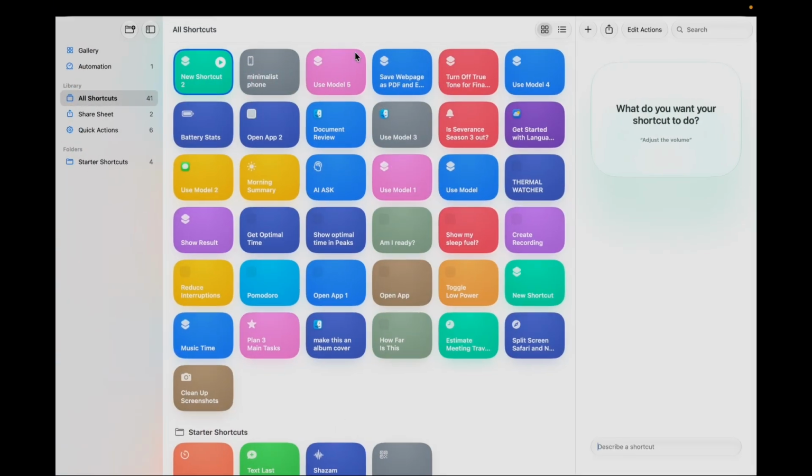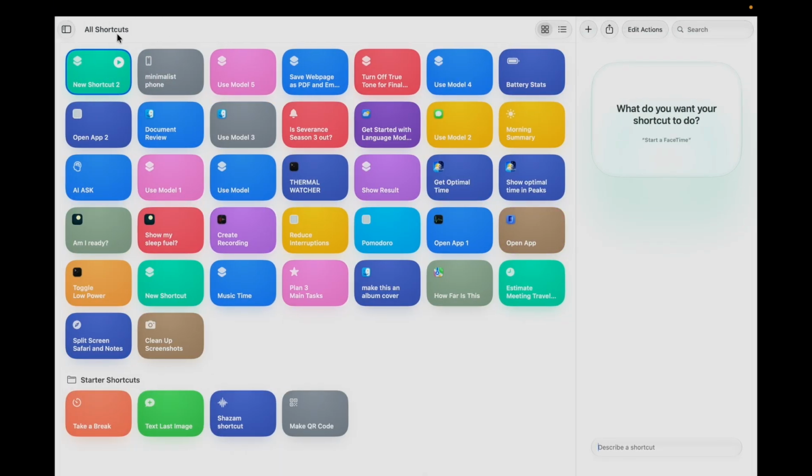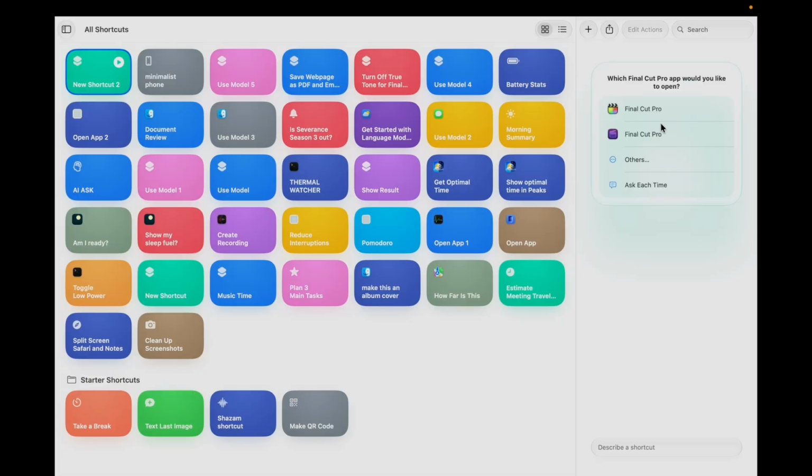Now, there is also the new shortcuts natural language model. So, natural language building whatever. What do I want my shortcut to do? So this is something really simple. I just want it to set up my, open Final Cut Pro for my editing, open the little audio thing that I use to stay focused, and then also turn on reduce interruptions. It asks me which Final Cut Pro I'd like to update, the Creative Cloud version. No, that's what it'll be. I don't remember what they call their subscription. There we go. It did it.